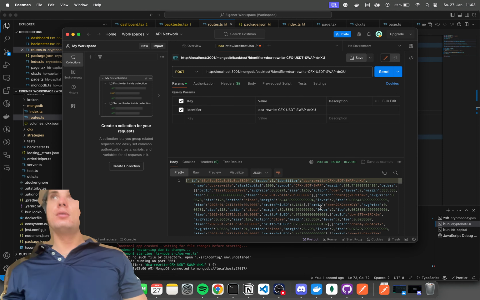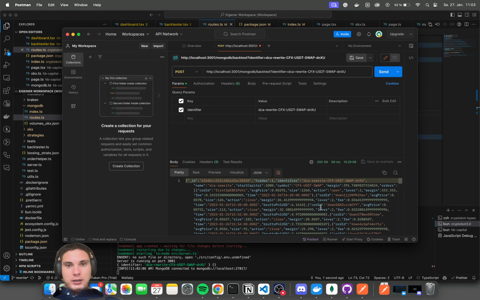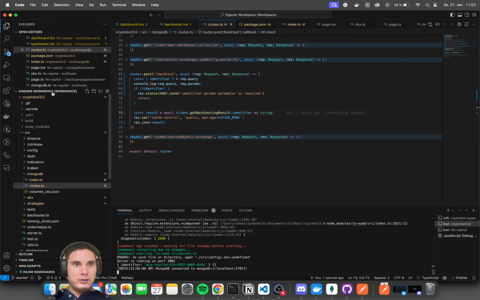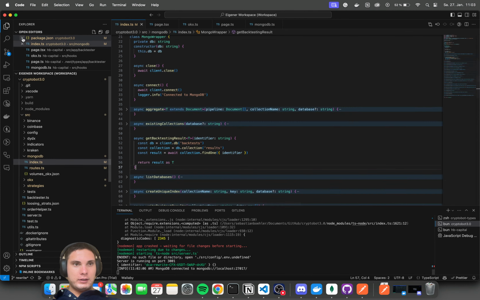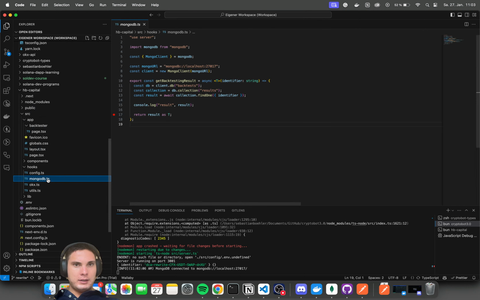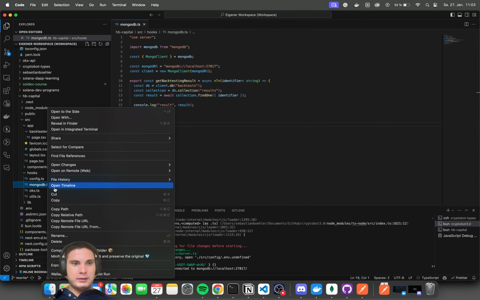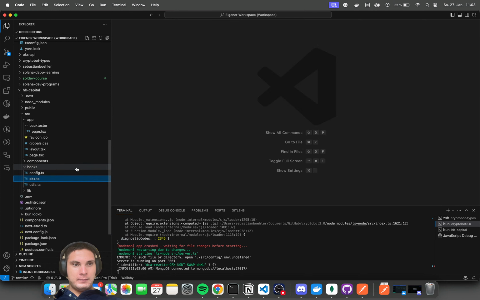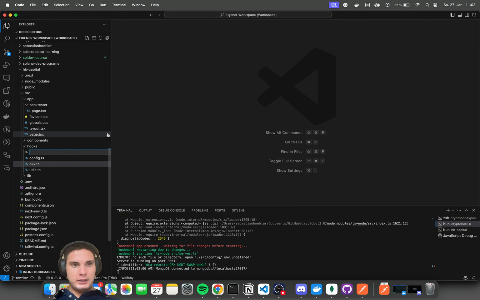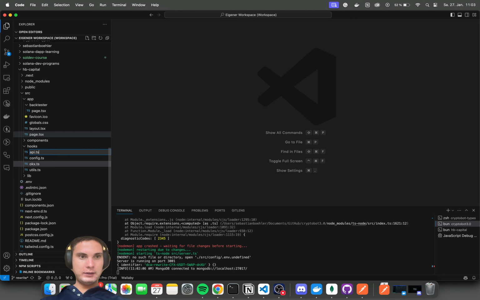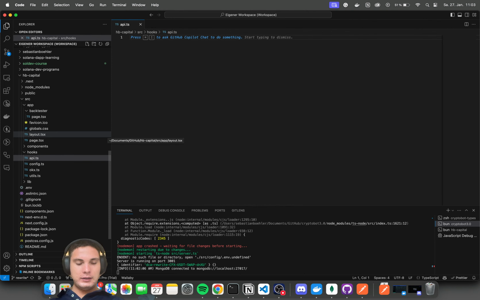Okay, can we now use this and go to, let's close all this. We don't need MongoDB, this doesn't work. Delete. New file, API.ts, and say